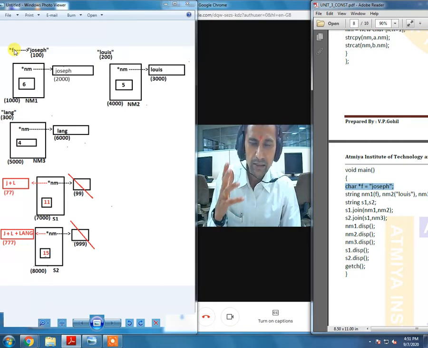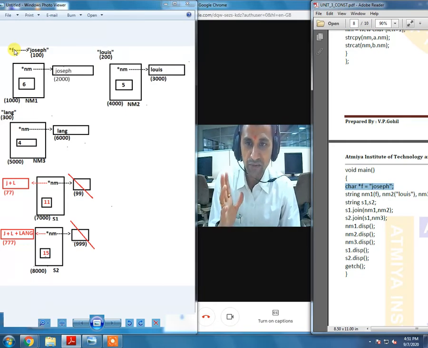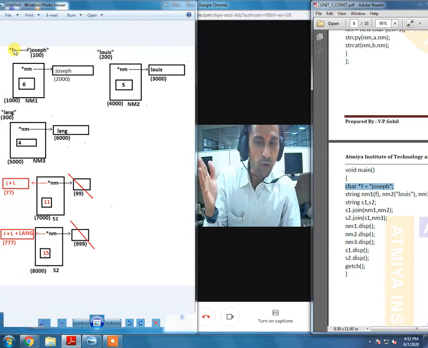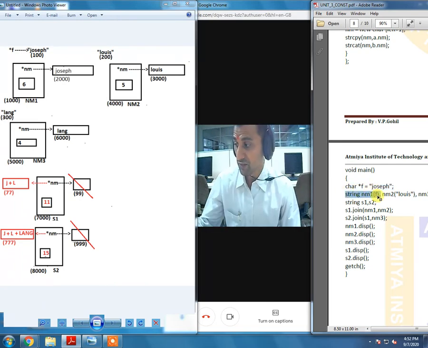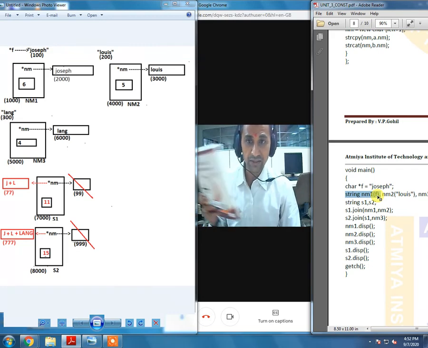Definitely the pointers are always hexadecimal values, fine, but still for the sake of the understanding, we had made use of the pointers as sequence numbers or as decimal numbers. Okay everyone, if you just observe here, that is going to be the creation of the first object nm1. Alright, for example, this one, nm1.